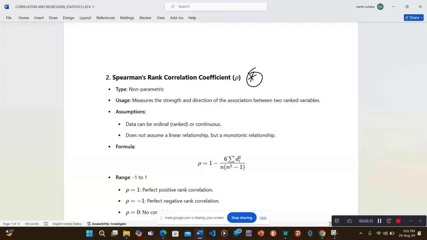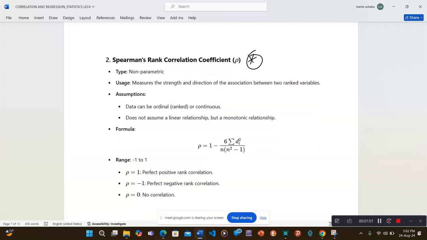Are they having a linear relationship? Are they having a strong association? Of course, if they have a linear relationship, but do they have a strong association? Are they highly related with each other? So we use Spearman's rank correlation coefficient, whereby we arrange our data